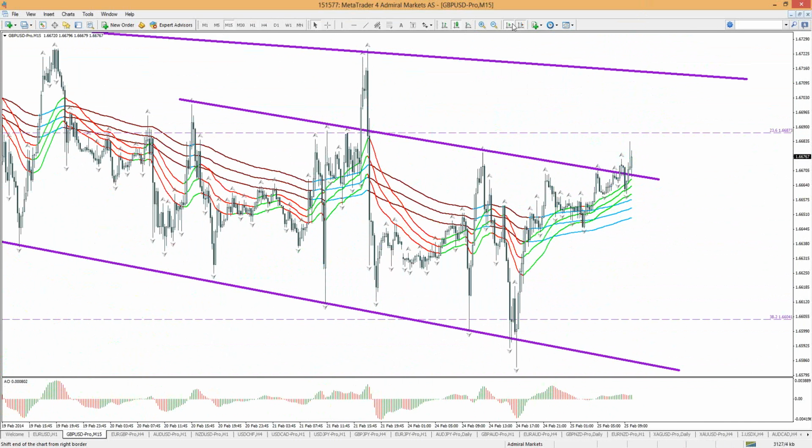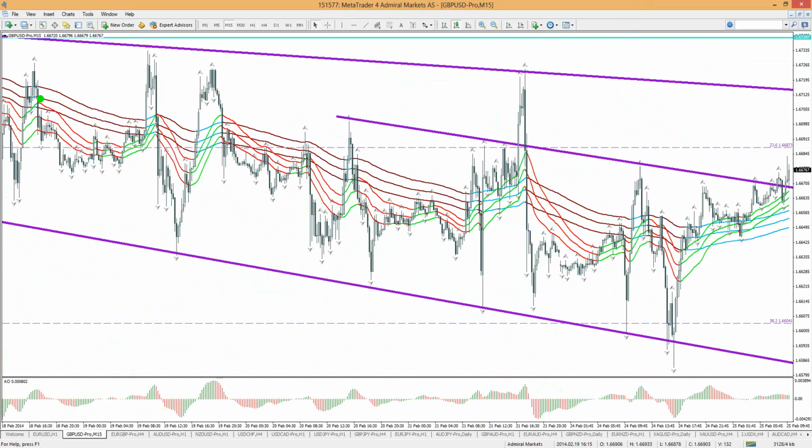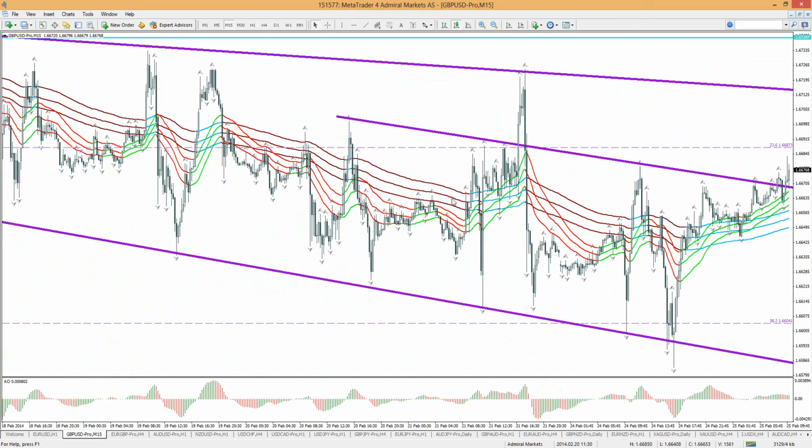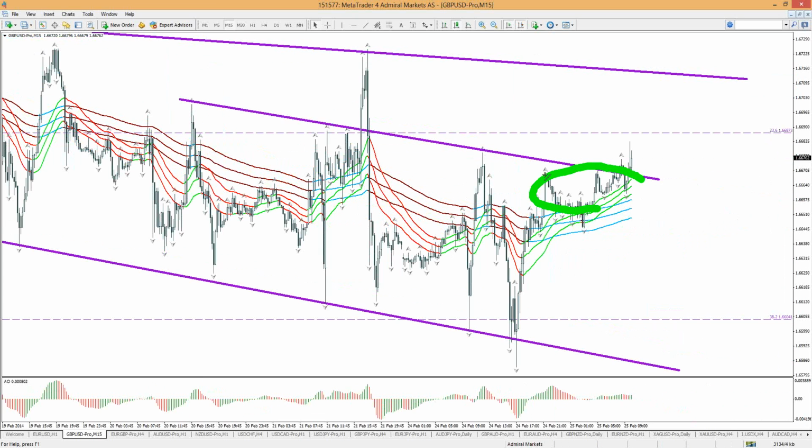Because if you look at the previous 50-minute world, price remained below the long-term moving averages. These dark red ones, price stayed below them, except some spikes here. But those were spikes only. Otherwise, this is the first time the price is really staying nicely above those moving averages. We have a trend line here, and it also looks like we're breaking above that. So to me, an